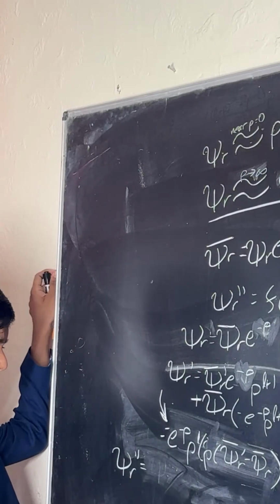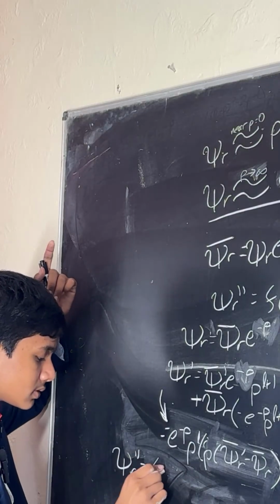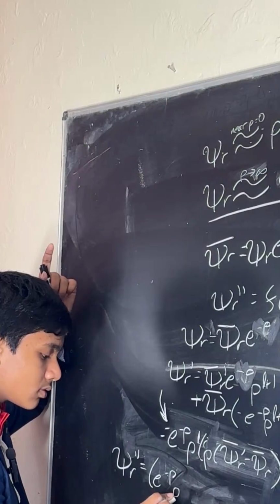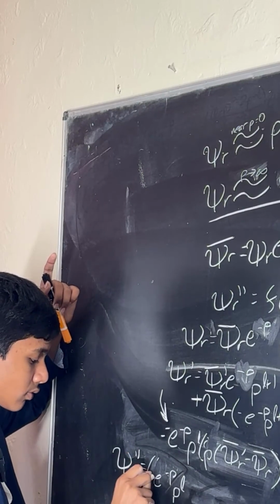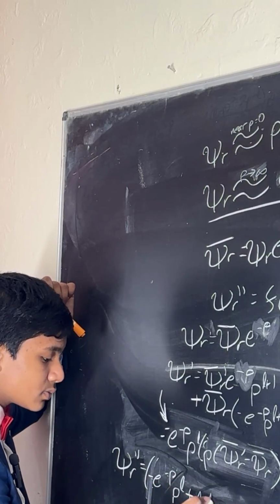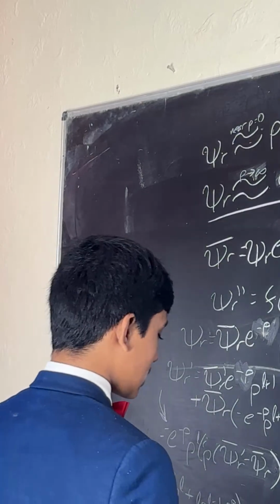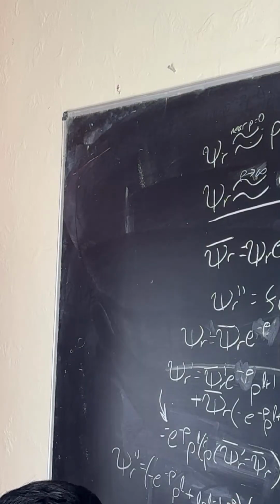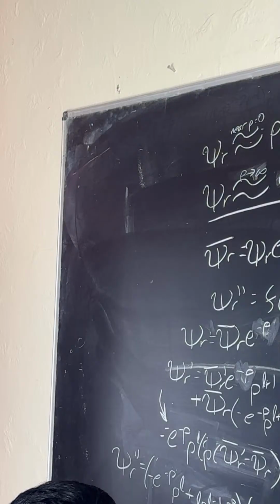We got e to the minus rho, rho to the L, minus e to the minus rho, rho to the L, plus L rho to the L minus 1, e to the minus rho, multiplied by rho times psi r overline prime minus psi r overline plus L plus 1 psi r overline,